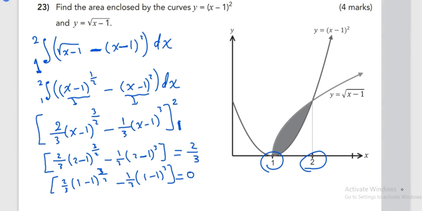Here in this part it's 2 over 3 minus 1 over 3 equal 1 over 3. Here it's 0, so 1 over 3 minus 0 equal